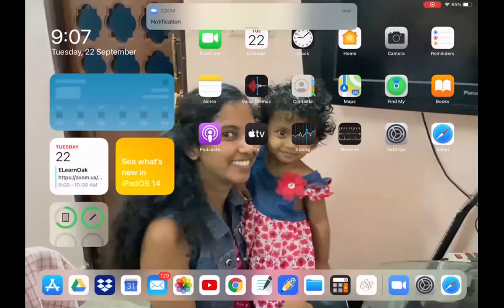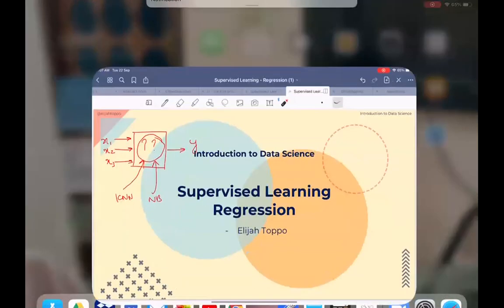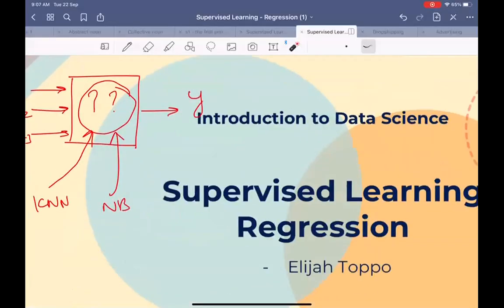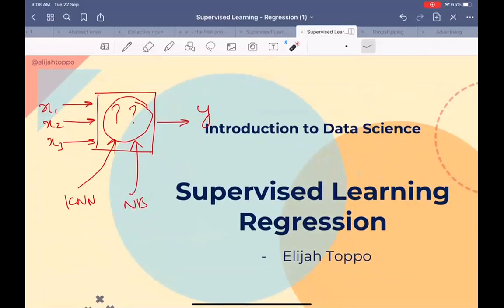Okay, give me a moment. My iPad is giving some problem. I hope now the screen is visible.